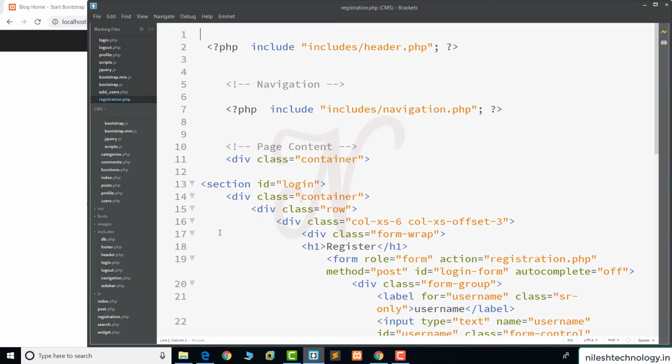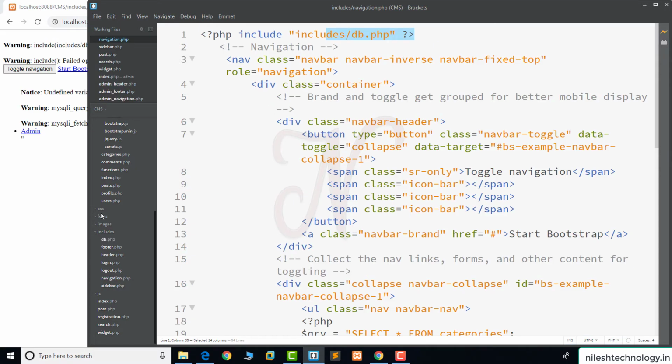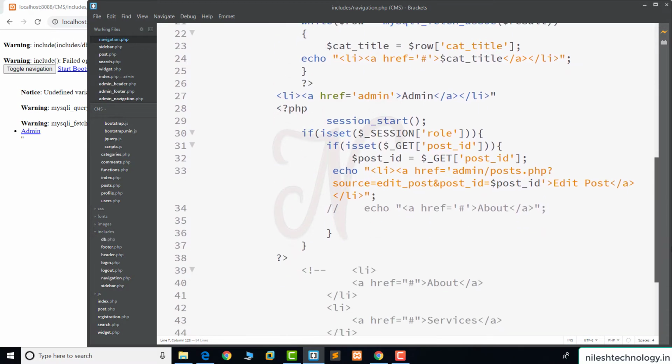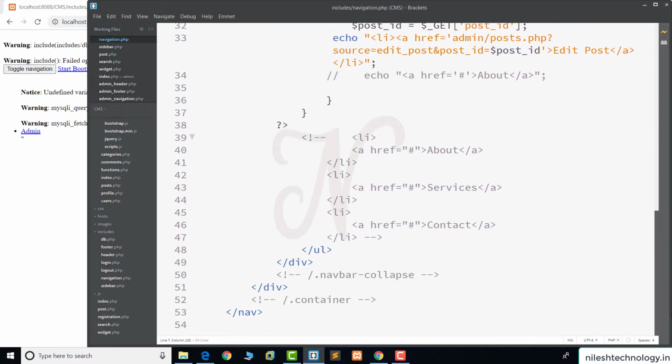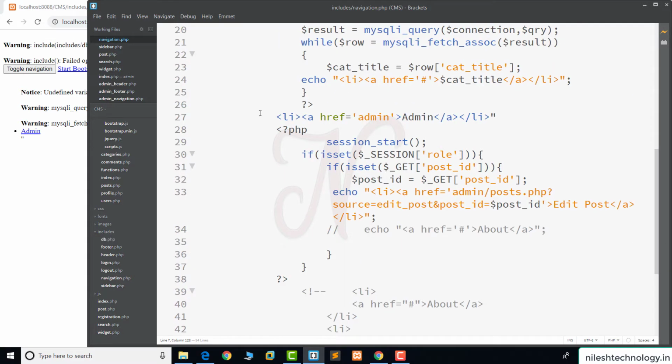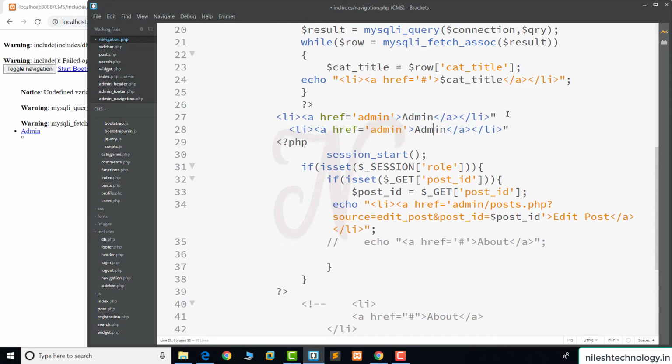So we open the navigation.php file in this include directory, and after the admin we add one more link here. This is my registration.php.